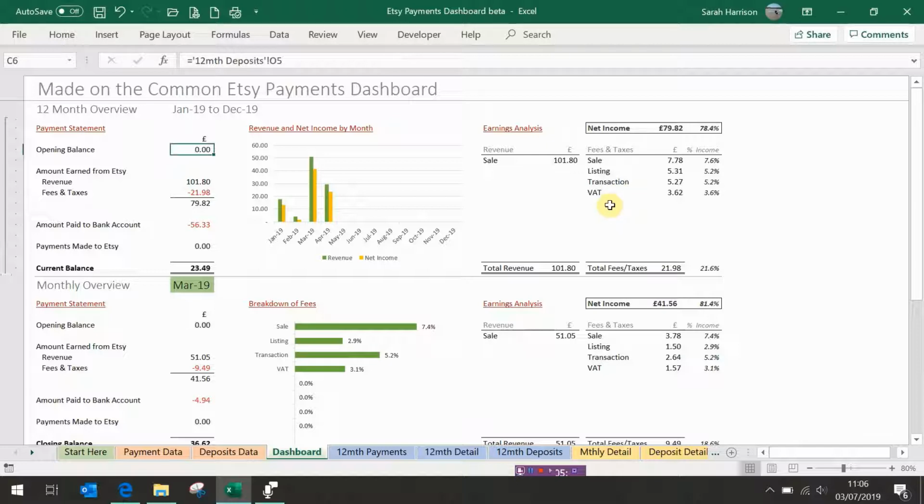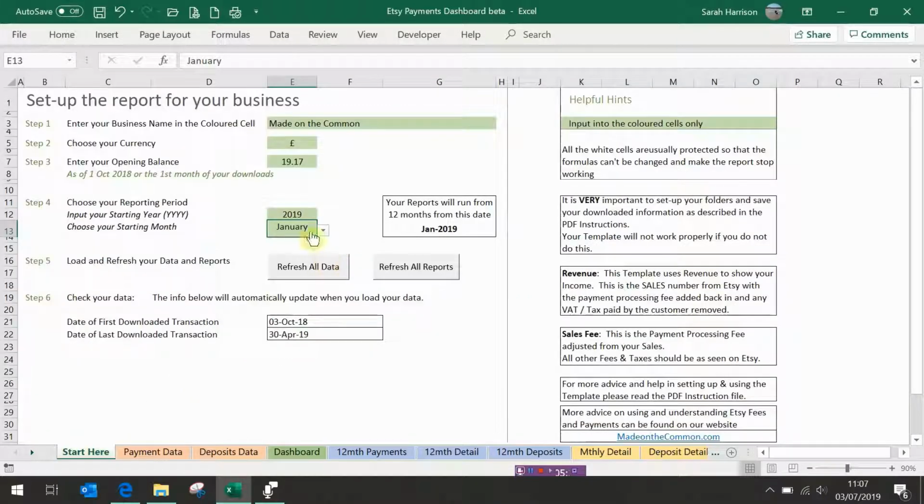If you've got any sales tax, it might be in here, any promotional fees, marketing fees. Any refunds you would see in both columns, so refund of your sales and also the refund that you get back on your fees and taxes paid. If I just show you what happens if I update the dates here,